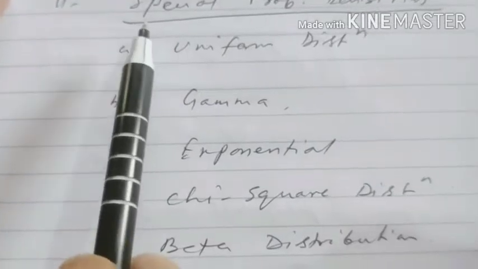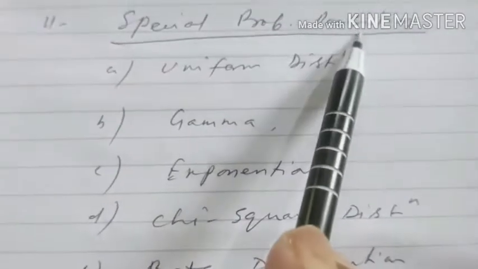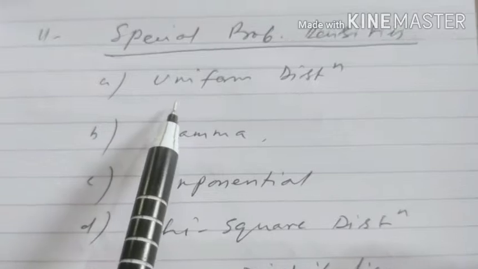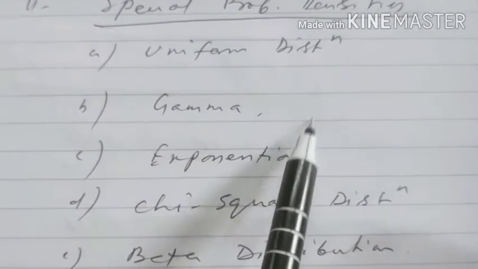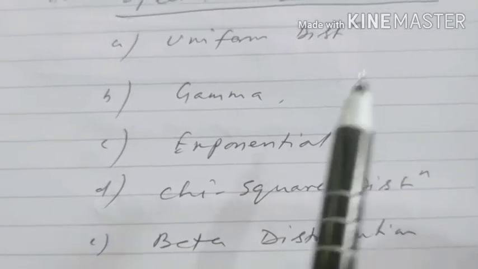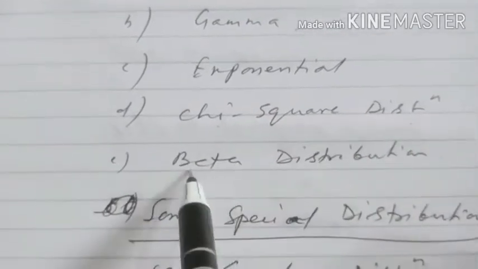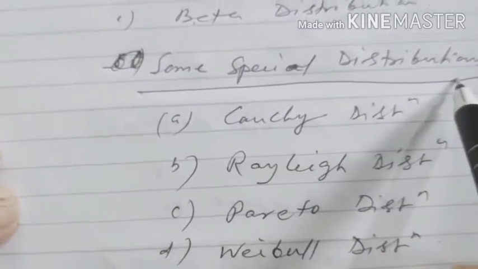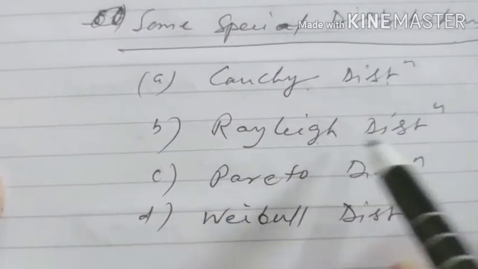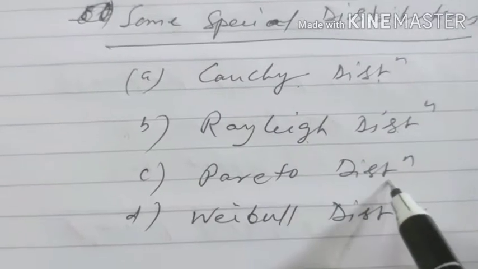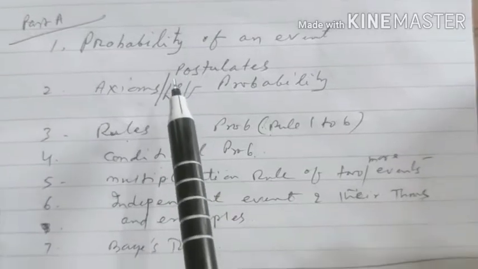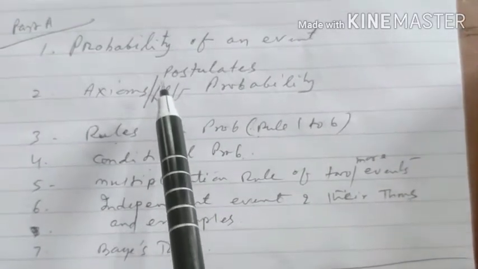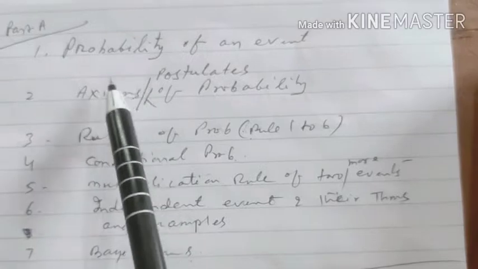Another one, very important, is special probability densities for BSc level and higher level. Uniform distribution, what is that? Uniform distribution, gamma distribution, exponential distribution, chi-square distribution, beta distributions, and also some special distributions: Cauchy distribution, Rayleigh's distribution, Pareto distribution, Weibull distribution. Now we have to discuss one by one. For part A,